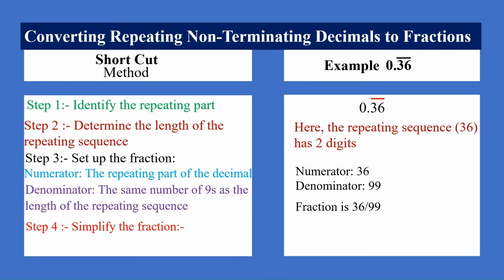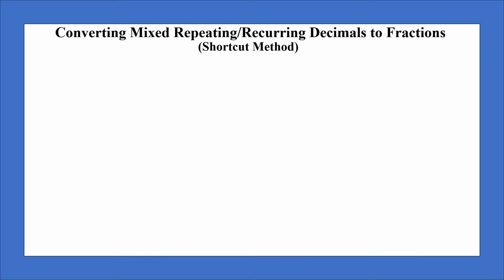And the next step is you have to simplify the fraction. And so we get, when you simplify, 9 will go in 36 4 times and in 99 11 times. So the answer is 4 by 11. Next is converting mixed repeating decimal to fractions by shortcut method. So take an example